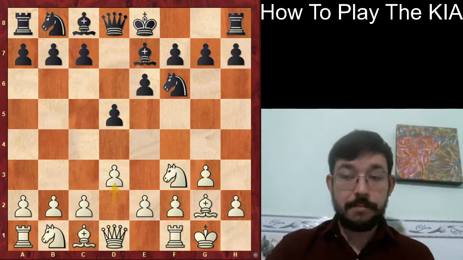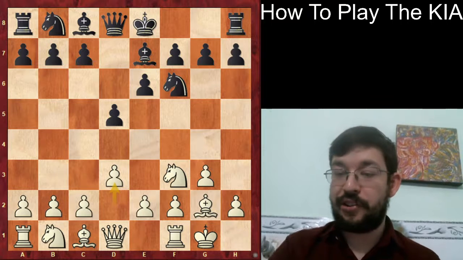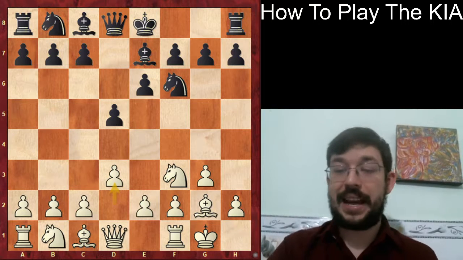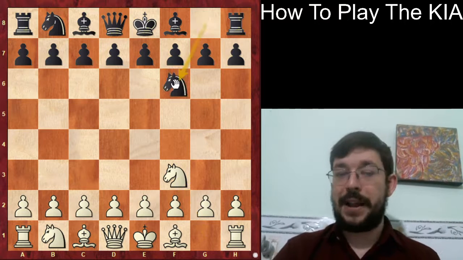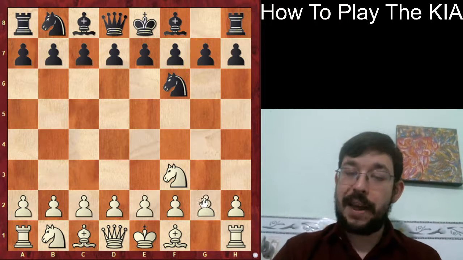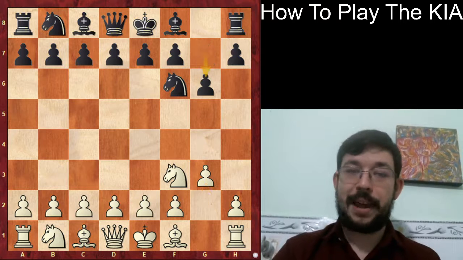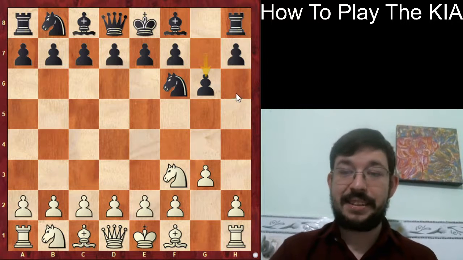Before we get into the cool idea though, I do want to show you how you can adapt the King's Indian attack against a lot of other different systems. For example, what if black plays an Indian defense with knight to f6? Well, if they were to play something like the King's Indian, playing the system from yesterday's video against our system,